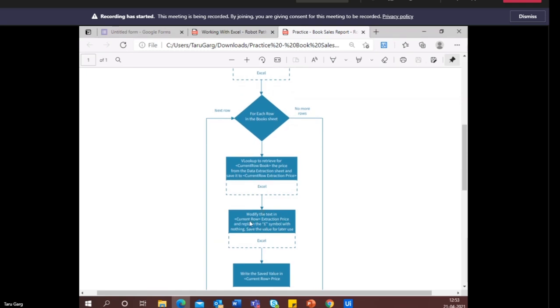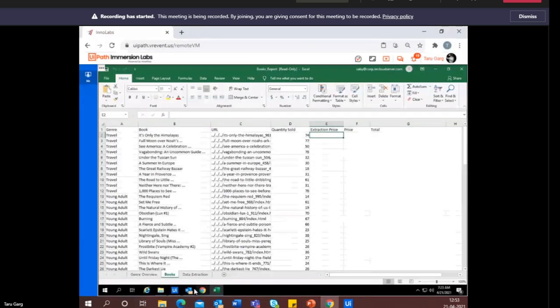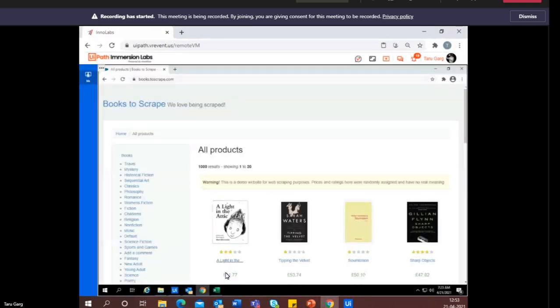modify the text in the current row extraction price and replace the euro symbol with nothing. Okay, so when we fetch the price, if you see here, we will get the euro symbol too because it is along with the price. So we need to remove this euro symbol. So basically we need to replace this symbol with nothing. Okay, then